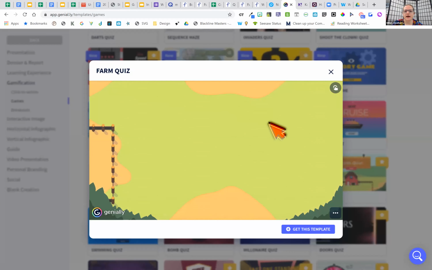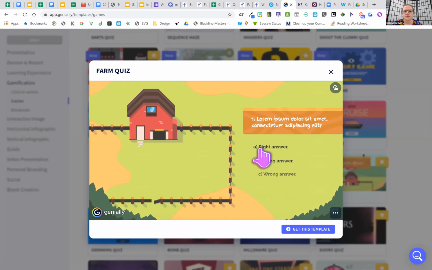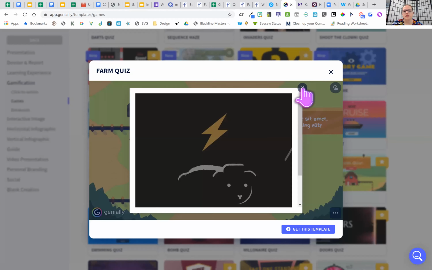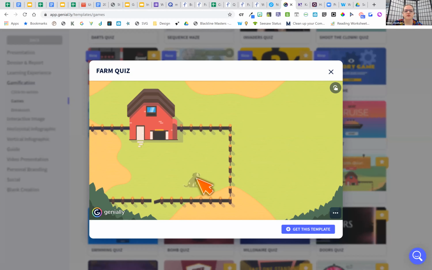They have the question and they also have the answer. As you can see here, it says right answer, wrong answer, because whenever you click on one of these, it's going to take you to the screen. So I click wrong answer, it's like, oh no, I got the wrong answer. Then right answer, it gives you like a little puppy dog.